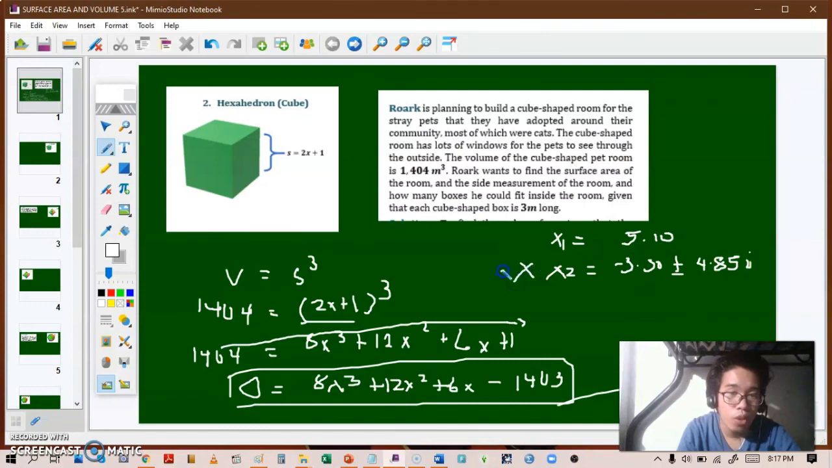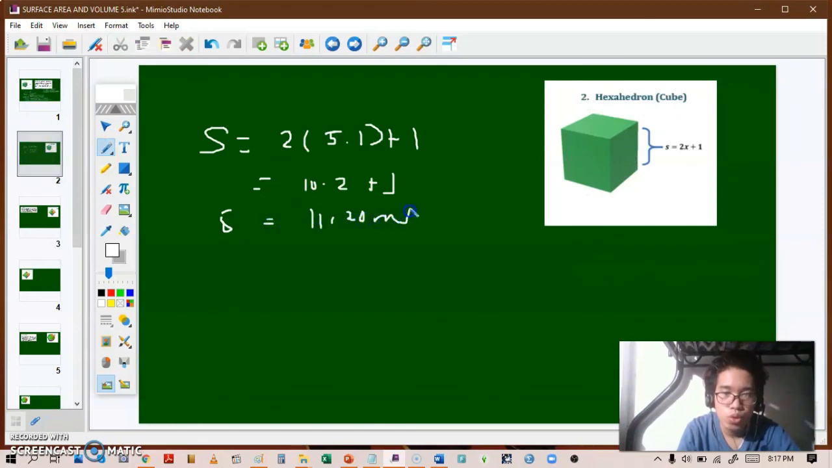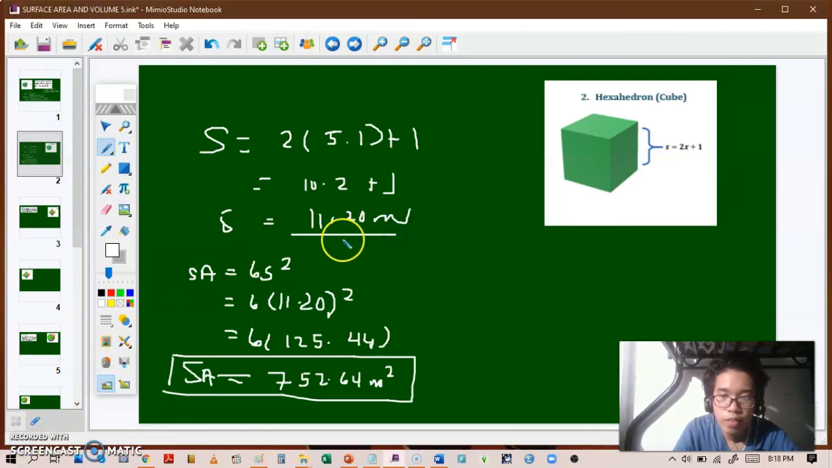And again, we cannot have complex roots or negative roots, so we're going to use x as 5.10. From there, we can find the measurement of the side. So it's going to be 2 times 5.1 plus 1, so that's going to be 10.20 plus 1. So the side measurement is going to be 11.20 meters. Substituting the value of 11.2 here, we get 6 times 11.20 squared to get the surface area, and that will be 125.44. If you square it and you multiply it by 6, you get